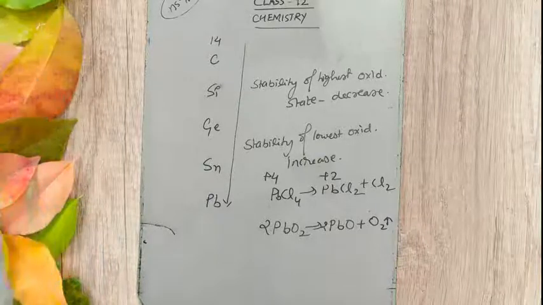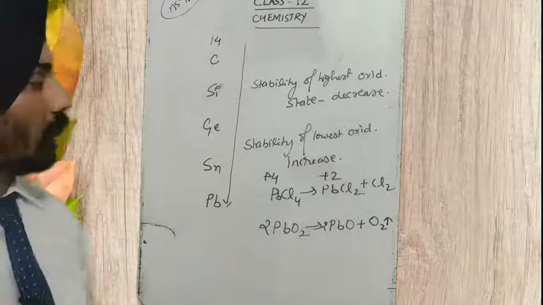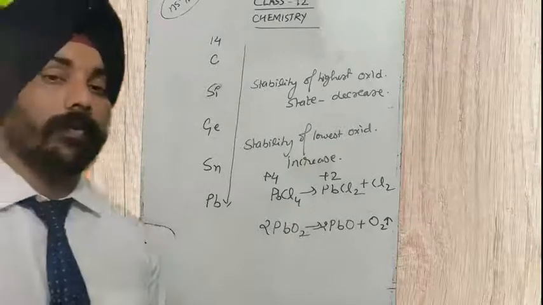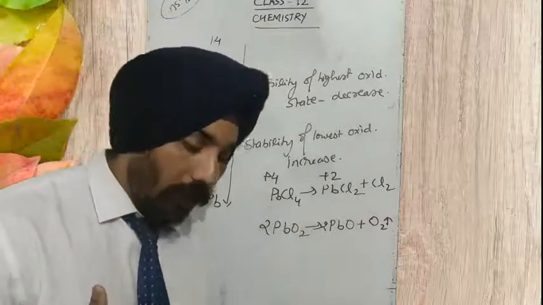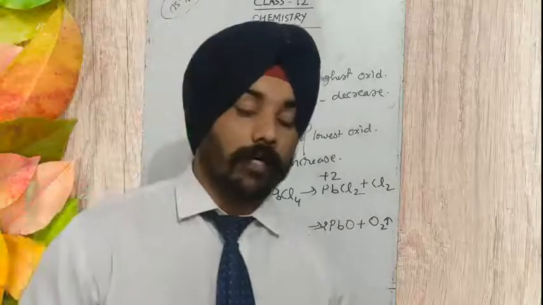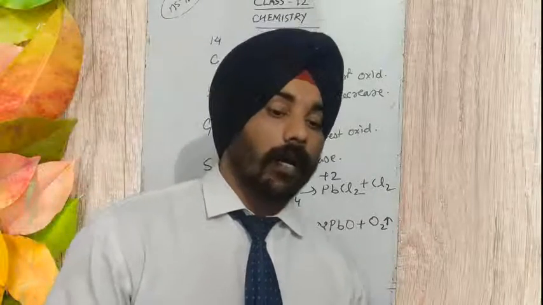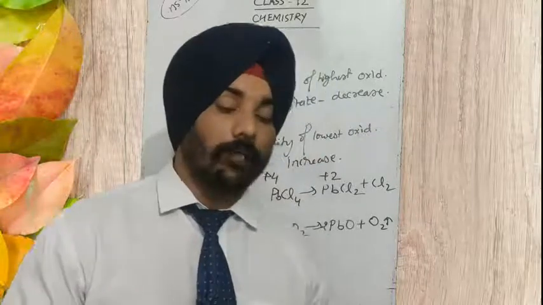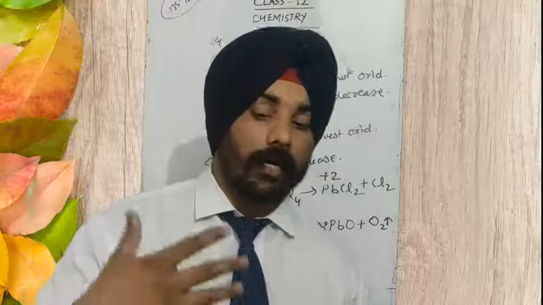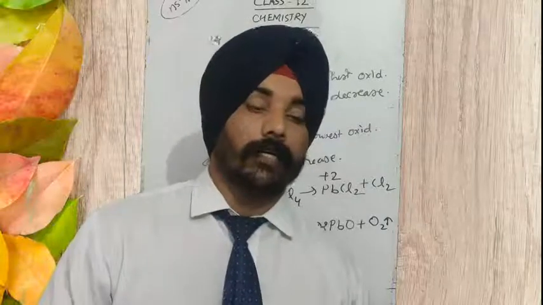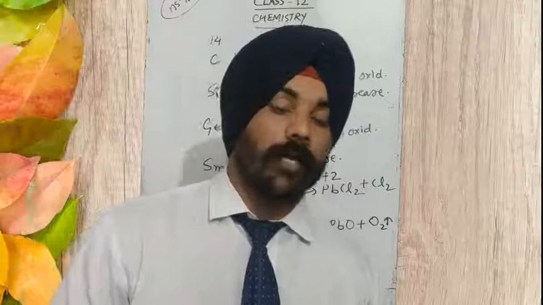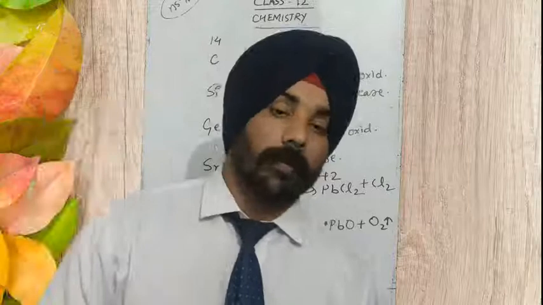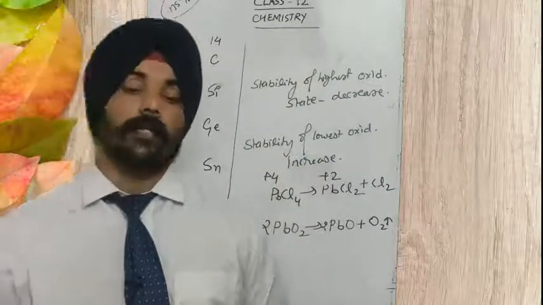Okay students, so this was today's common trend of the properties, and in the next video lecture we will surely talk about the next properties like metallic character and non-metallic character, and find out how the oxides change for these metals and non-metals. When we talk about oxides, whether their acidic or basic character, how it changes, what the trend of these oxides is from top to bottom and left to right in a period. Till then, thank you so much.